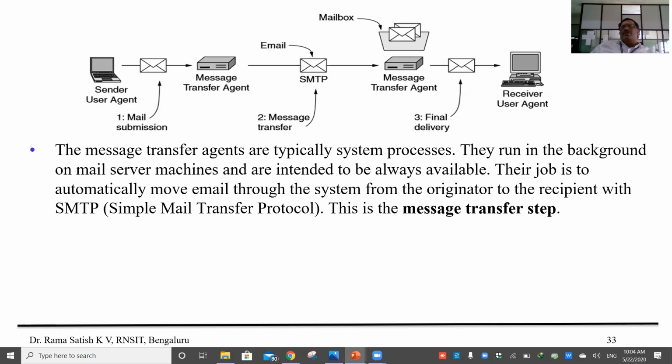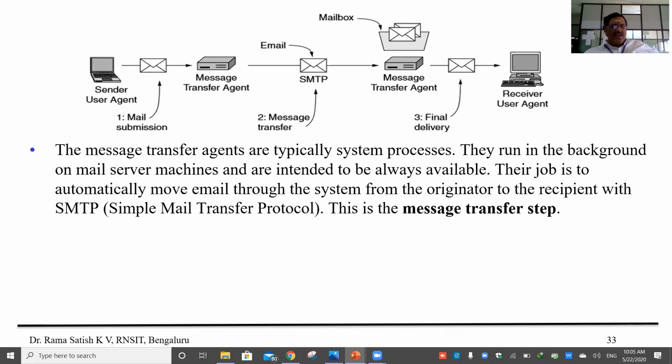And these are daemons. Daemons we know very well. Daemons are ever-available processes, we call them daemons. And their job is to automatically move the mails through the system from the originating machine to the recipient machine with the Simple Mail Transfer Protocol. So certainly we can use this protocol.